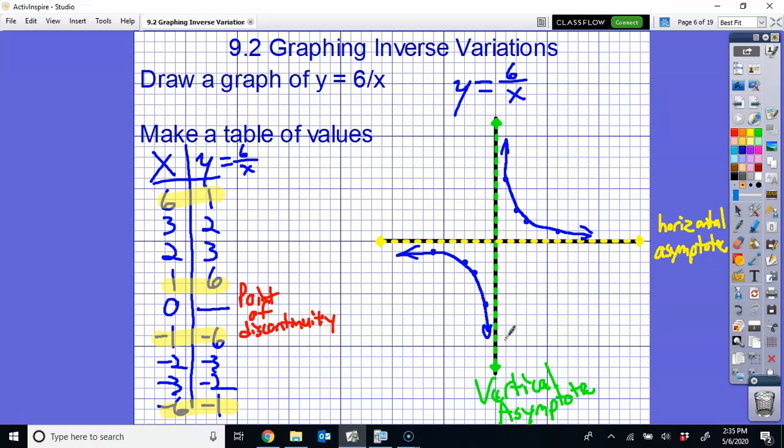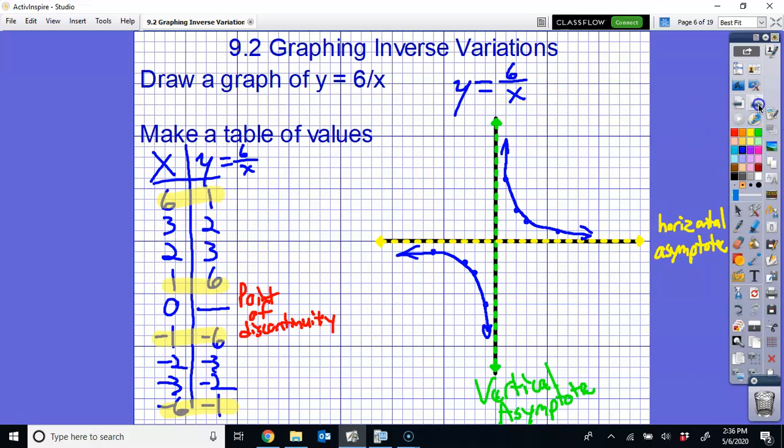So those two branches or two pieces of that graph is a characteristic of rational functions. We're not going to get into huge detail about the way these graphs look in the uglier rational functions, but I'll just mention it briefly as we go through the rest of this. So, this is what every inverse variation function is going to look like. The only difference is the numbers that you plot for your points are going to be different depending on the